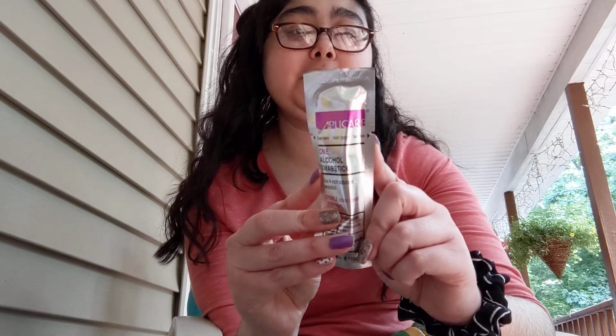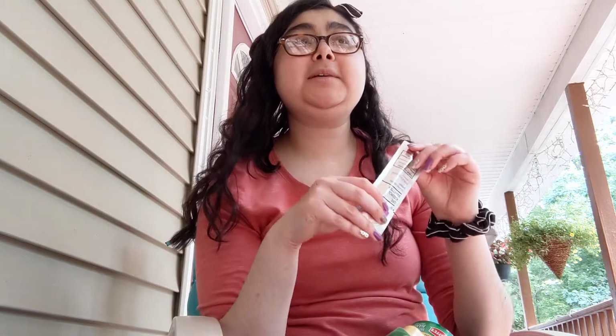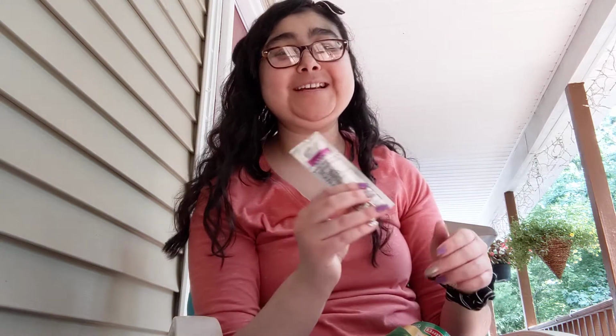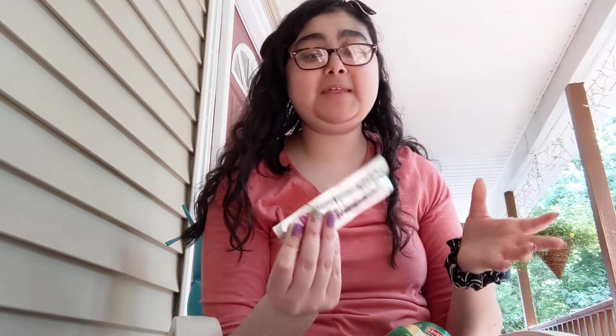This is an alcohol swab. And so once I'm de-accessed, not right away, but if I de-access earlier in the day than later in the day, I will use one of these to clean it, just as if you're cleaning it to put the needle in. I clean it really well after the needle is out because I don't want any germs on there. And I just find it's peace of mind for me that it's clean before I put anything on it. So I use this